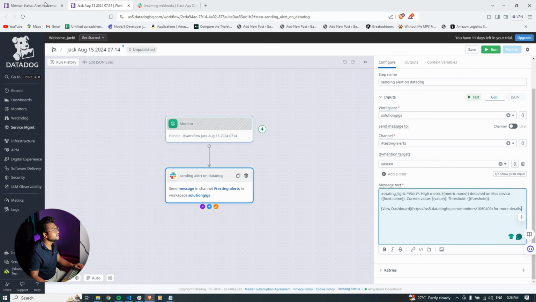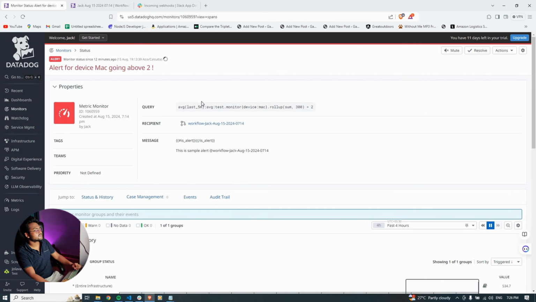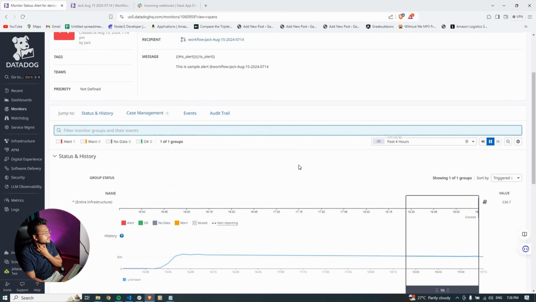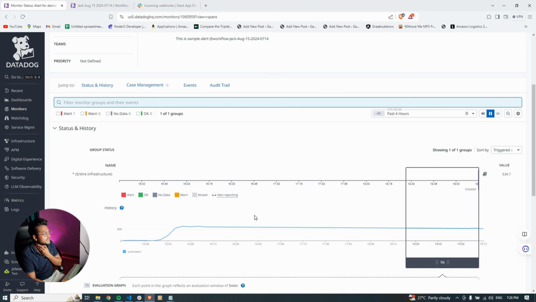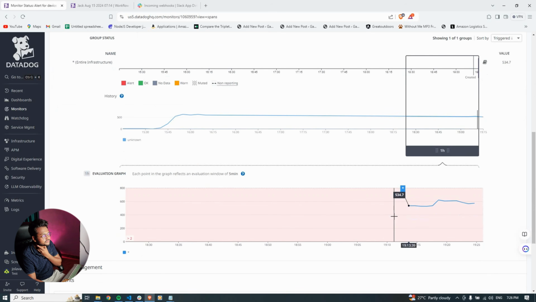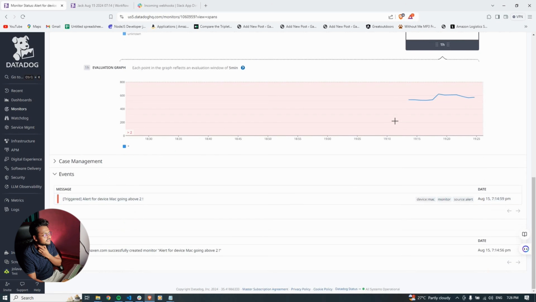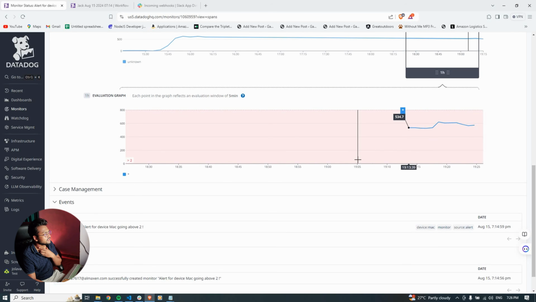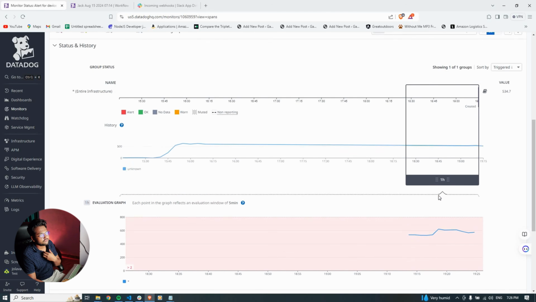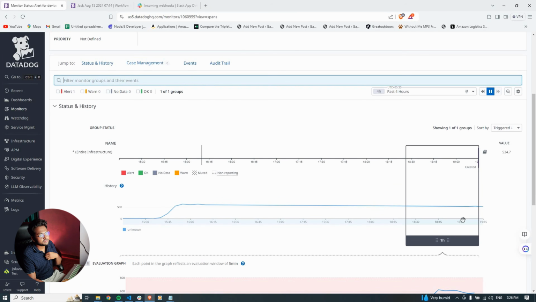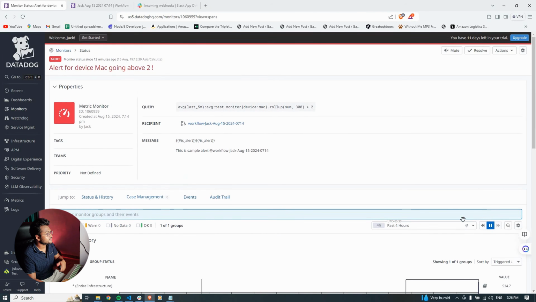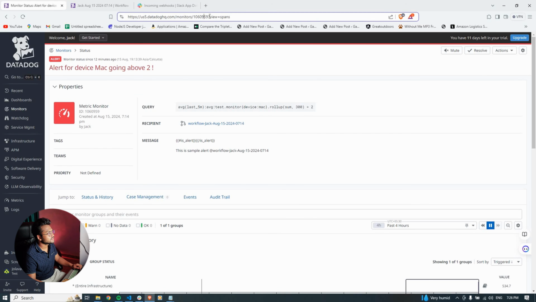And then monitoring, right? Let's go for monitoring status. So let's say we have this monitoring, which we have just created already, and it's already up and running. And we have some alerts as well. It has already triggered the MAC alert above 5. I think it's going above 5 still, but it's going to Gmail, not to my Slack. That is one thing we will do next, and just copy this URL from here to there,